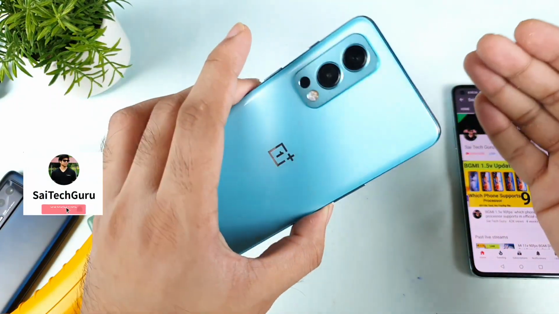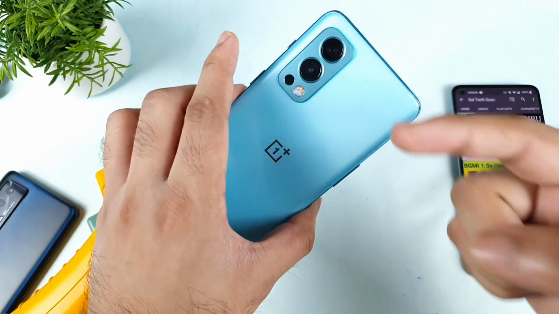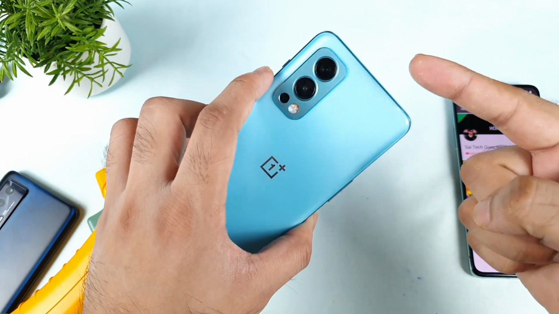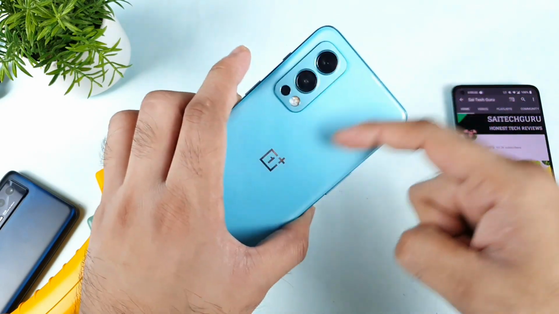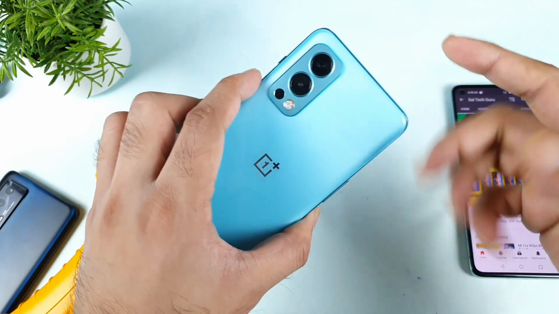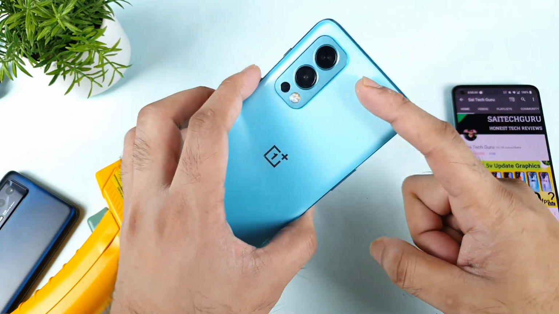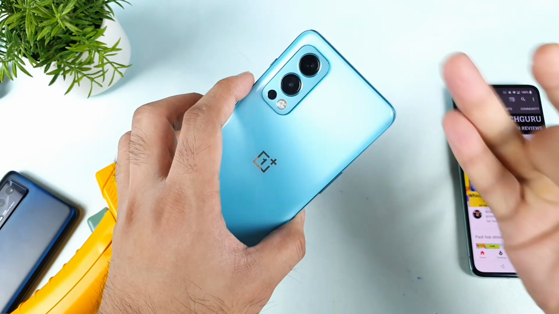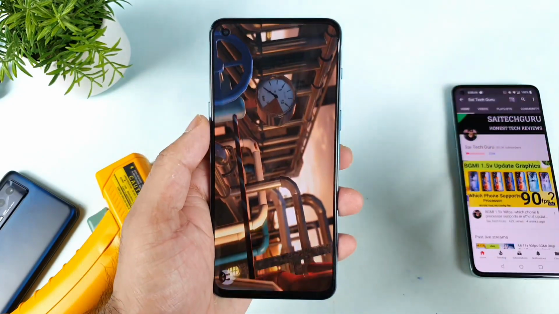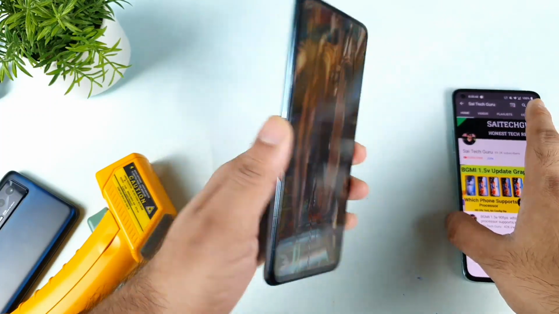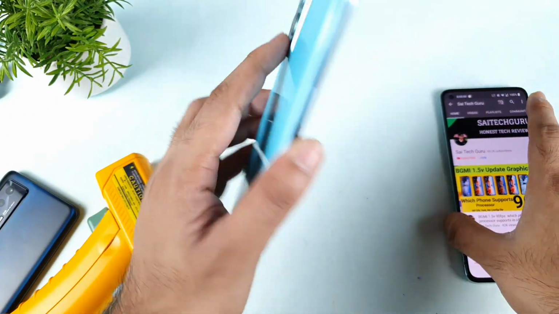So definitely I'll be able to help you out, and I'm doing a lot of testing on this phone at the moment regarding the camera, because this update mentioned that a lot of camera related issues got fixed. Let's see how much the camera got improved in this OnePlus Nord 2 device. That will be my first focus, and next is the temperature focus. And after all this, I also need to do a battery draining test. So there is a lot for me to test on the OnePlus Nord 2. So stay tuned for more updates.